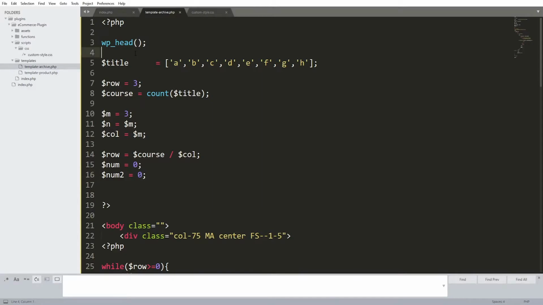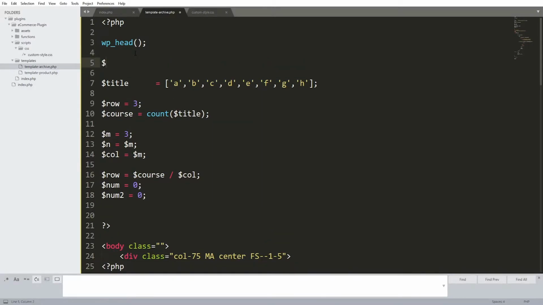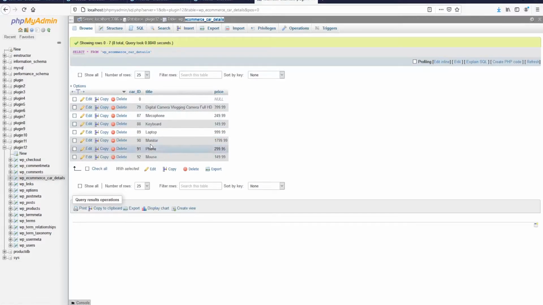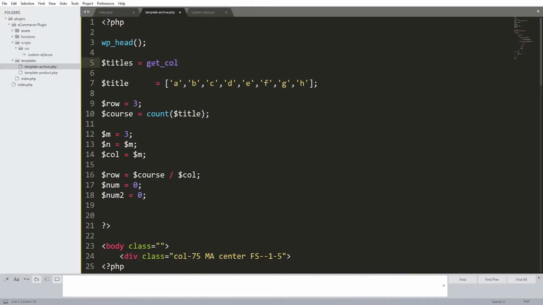So over here, I'm gonna go to the top, and let's start with the variable titles like this, and let's make it equal to get call. So basically I'm addressing the database over here, the table e-commerce card details, or basically I'm going to be changing this one later on. So I'm going to be taking all these IDs. Okay, so get call,